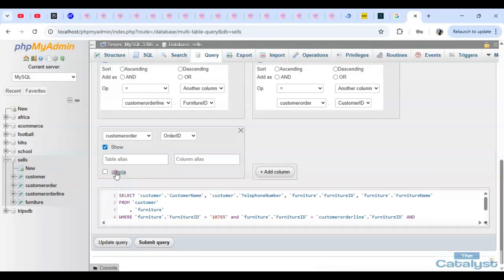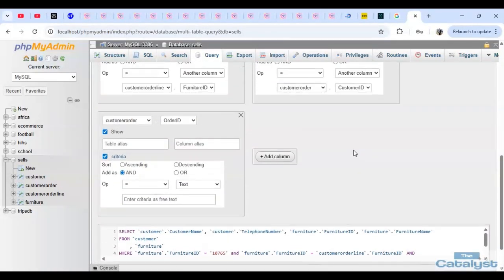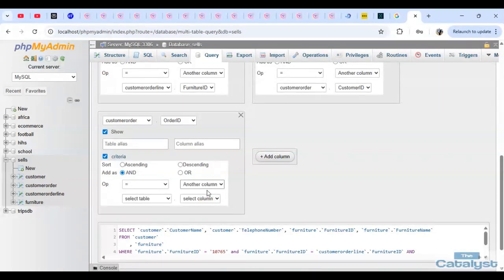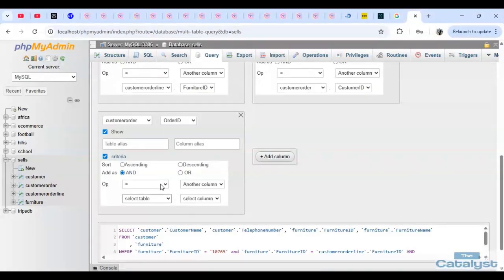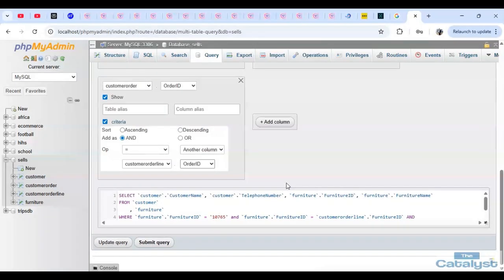We untick here, we tick here, and our criteria will be that, here it will be order line, and then we take order. Okay, voila. So if we add it,